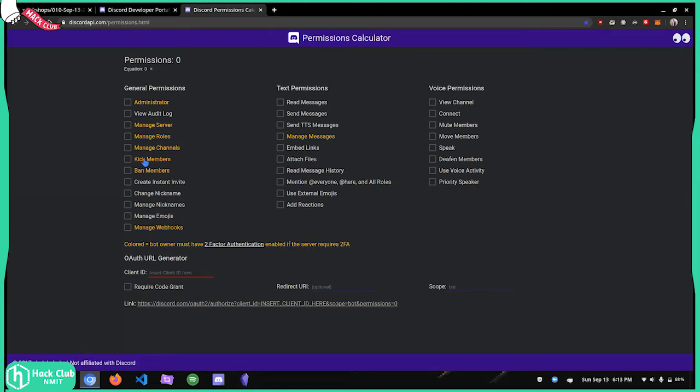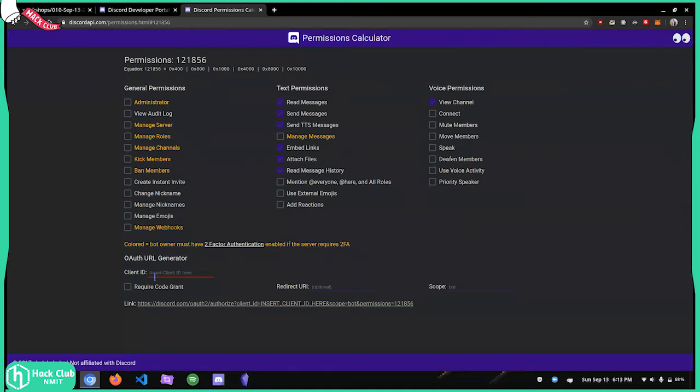You don't need to give any extra permissions like kick members or ban members. So I'm going to take read messages, send messages, embed links, attach files, and read message history. I think read and send will be enough, but I gave all this just to make sure.